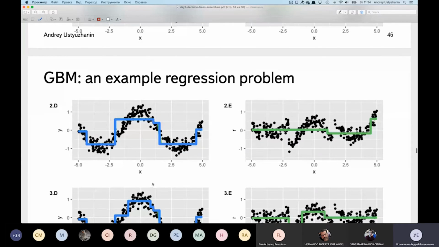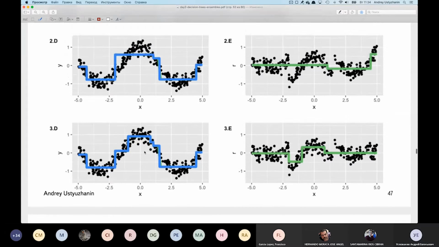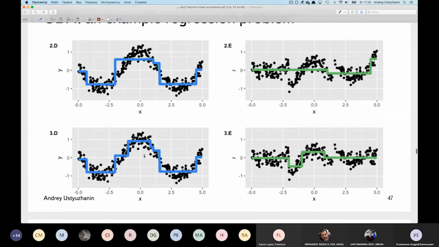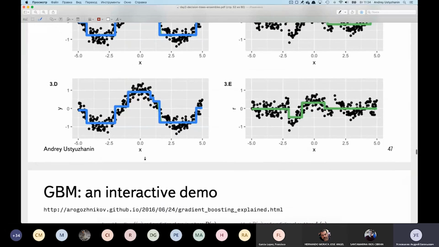And then we subtract it from the previous iteration and add a tree on top of this. And it can work